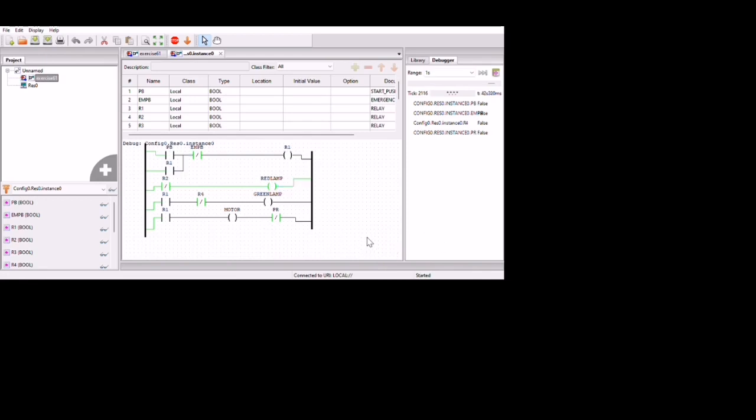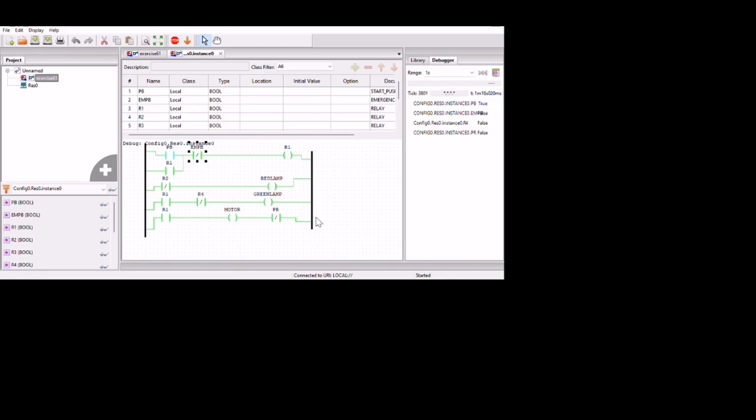Since in this OpenPLC software there is no sensor, I will put the protection relay here. As soon as the protection relay detects something, we have to turn on the emergency button to stop the system. Once we push the start button, the green lamp and motor will start. As soon as the protection relay detects something abnormal in the system, we have to manually push or turn on